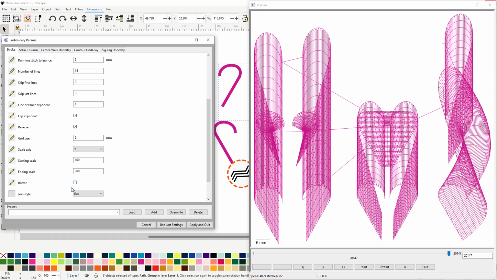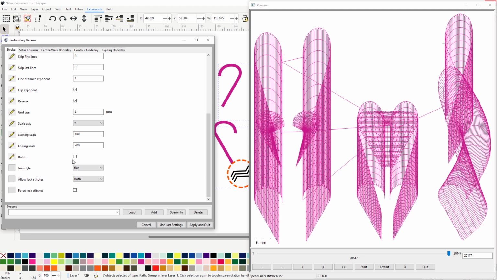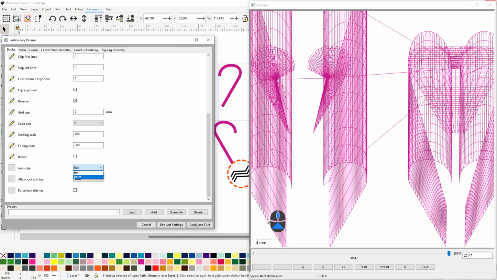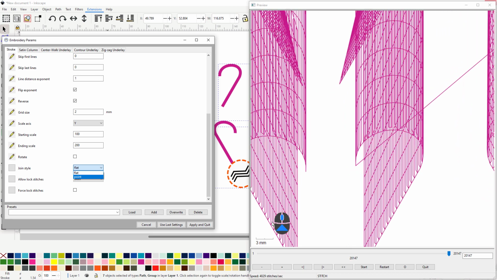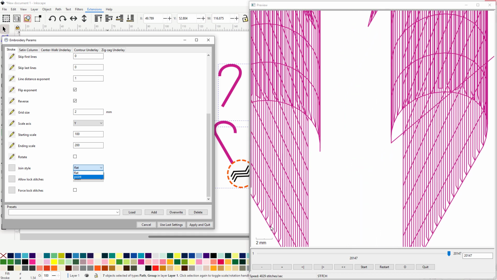I can't really say I saw a difference there, but that still takes a little bit of playing and puzzling. And here the join style, and here it is flat, and you can go and change that to the pointed. And basically that has to do with the connection points at the end of the row. So if you make that pointed,